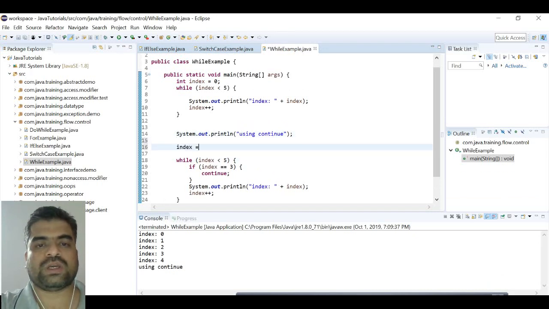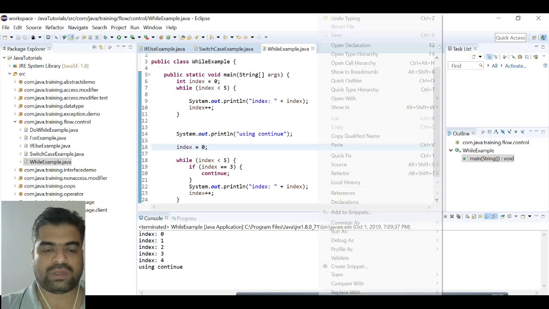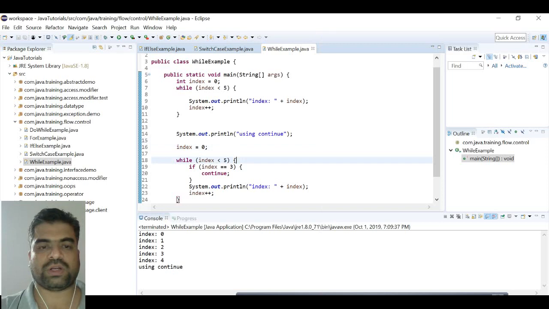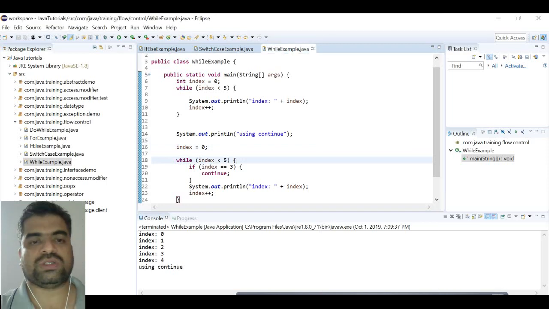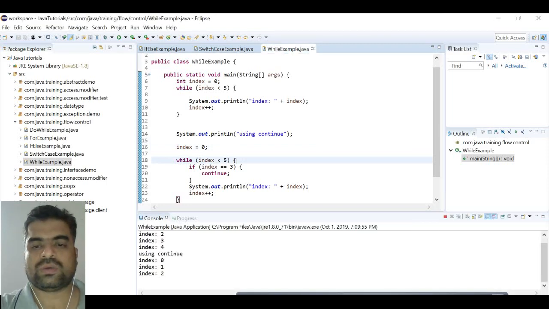Here I need to reinitialize this index again because it's already 5. That's the reason it's not printing anything. I'm just initializing the value as 0. See,